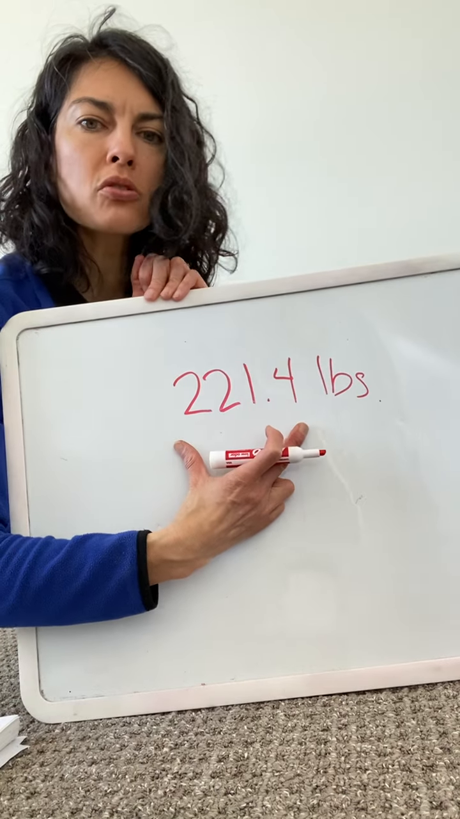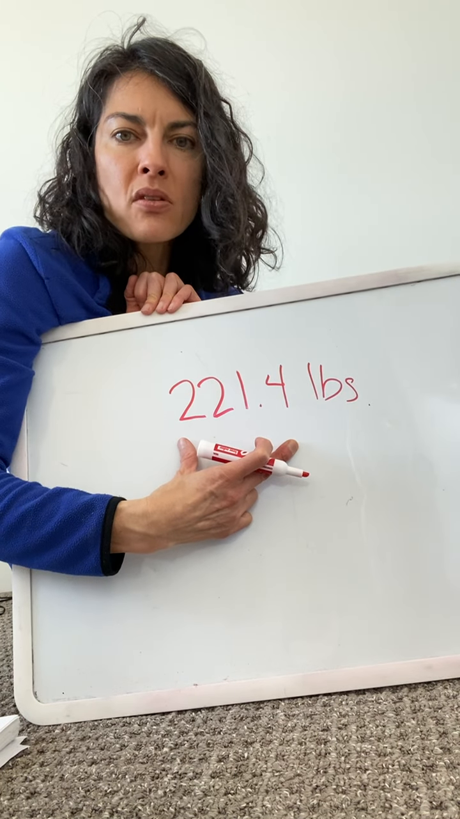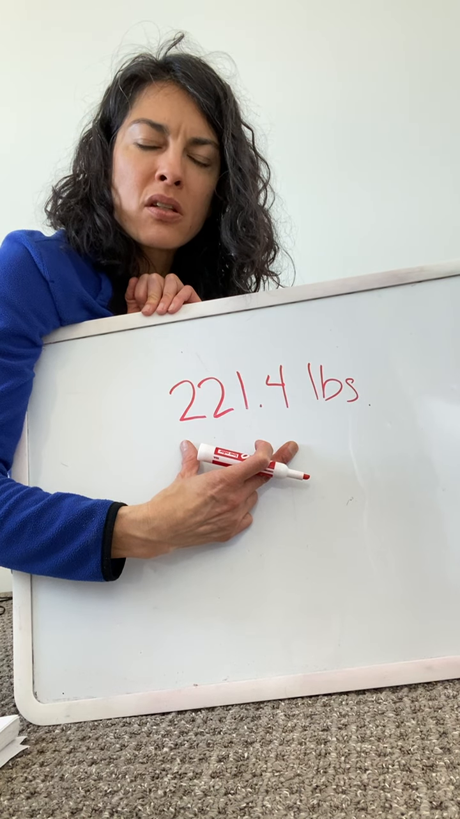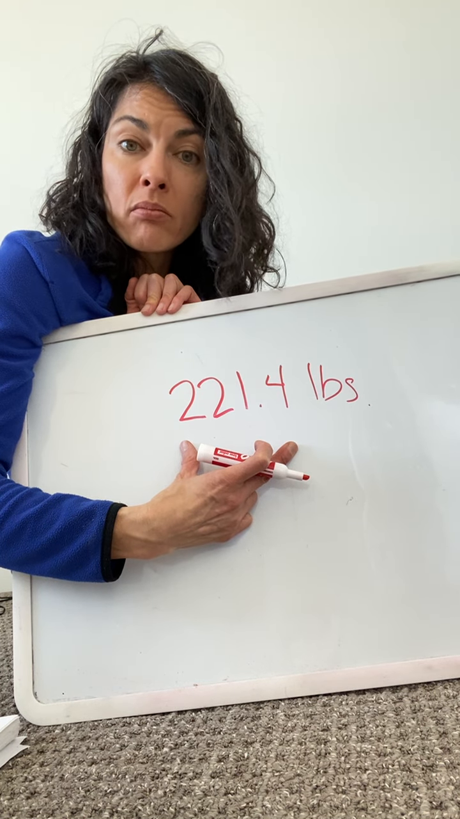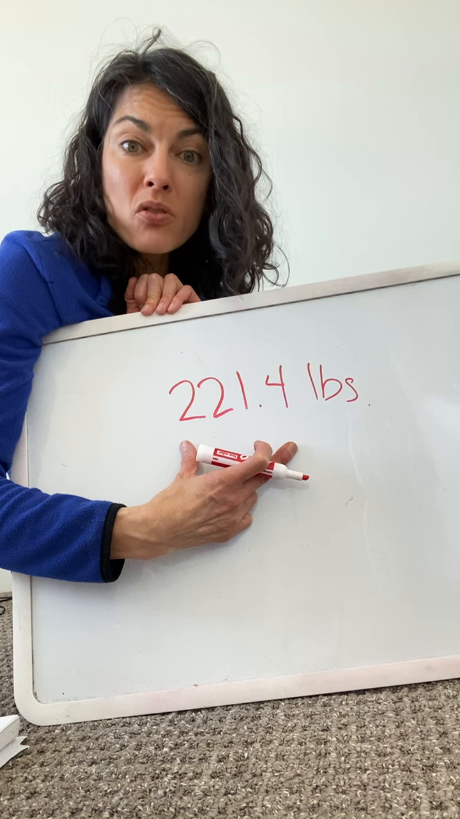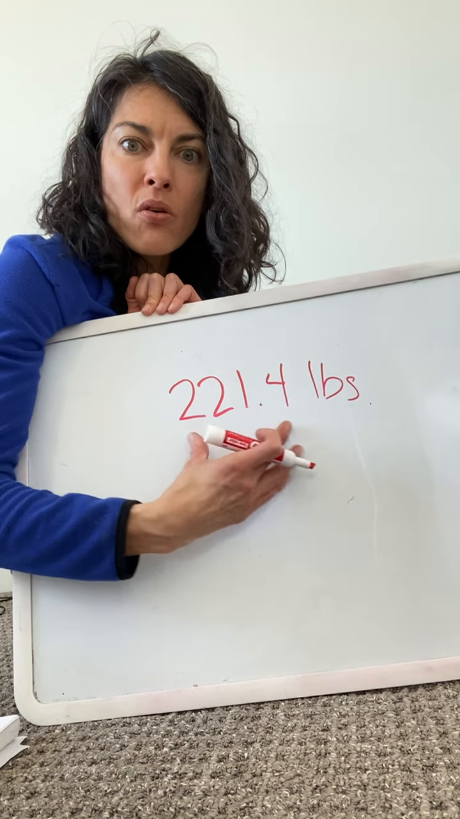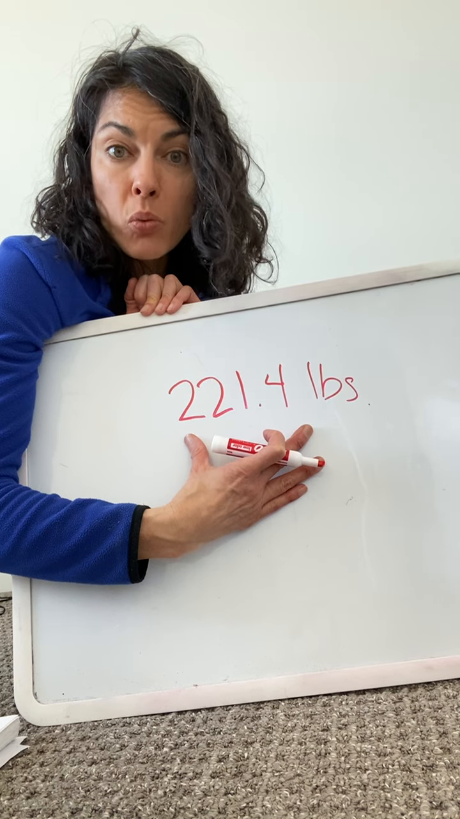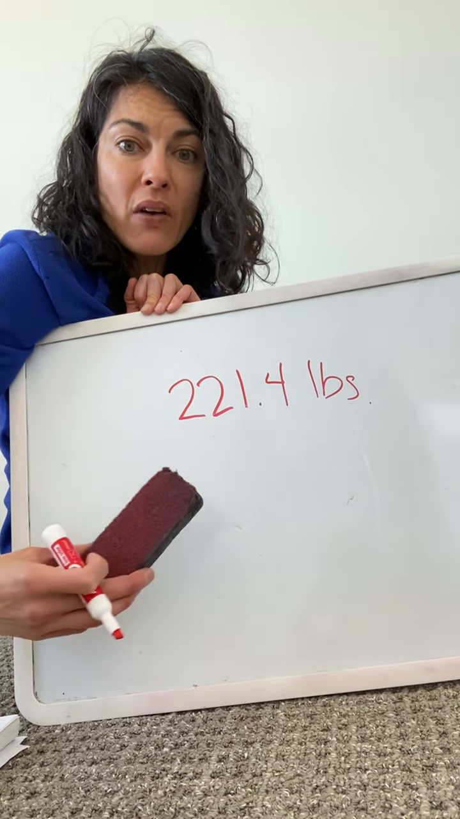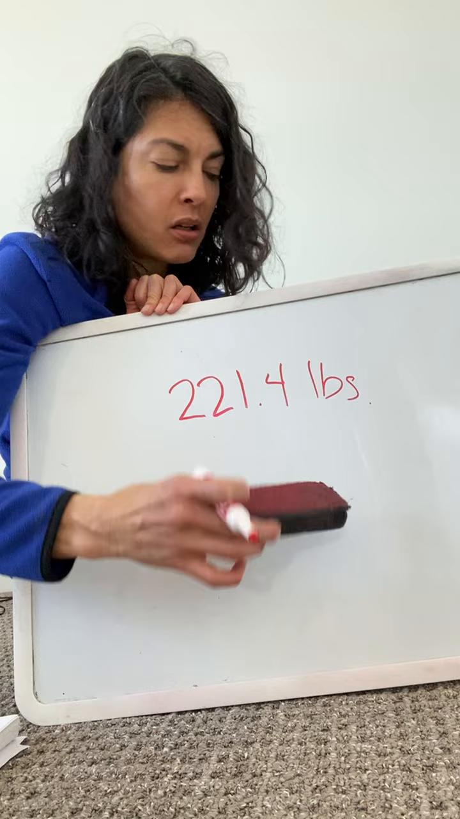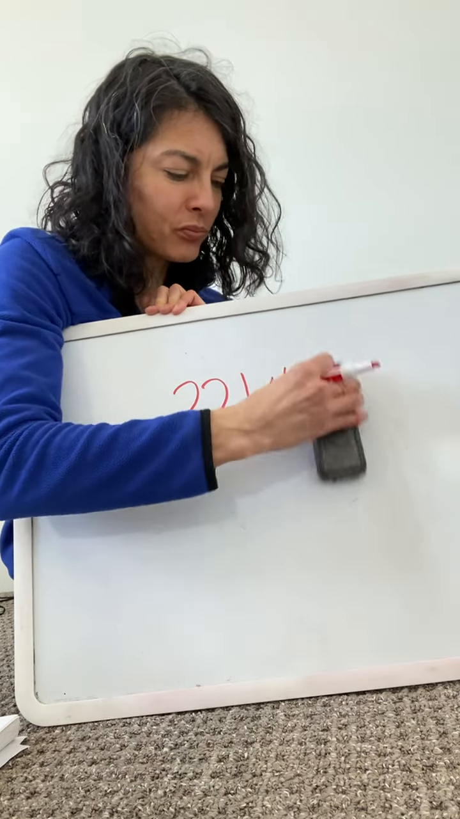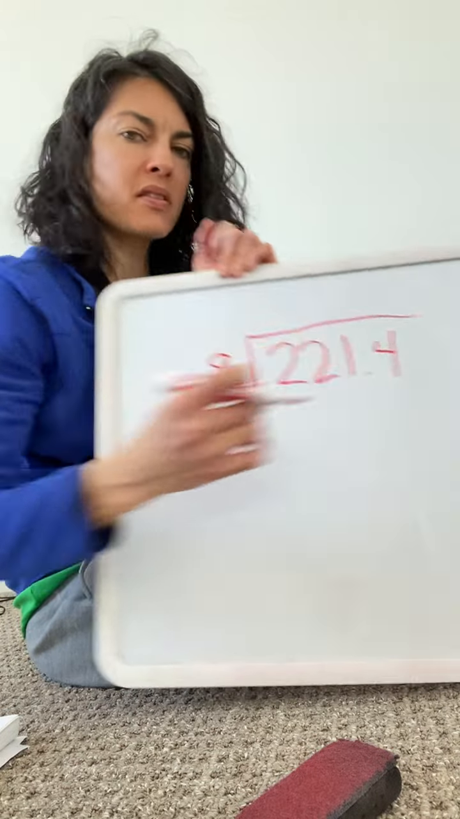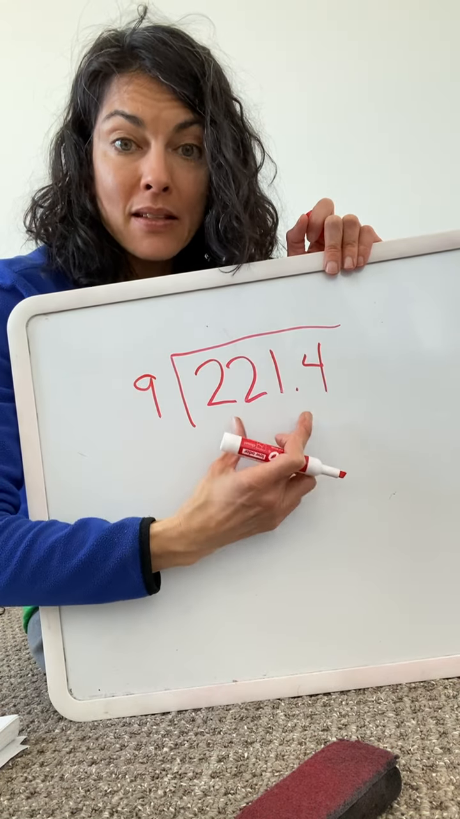We had 221.4 pounds and 9 tables. How much is each of the table weighing? That means if we were to divide this whole thing by 9, we would find out how many pounds each one was. Can we divide 221.4 by 9? Well, you know how. All right, divide it by 9. What's the special thing when you're dividing a decimal number by a whole